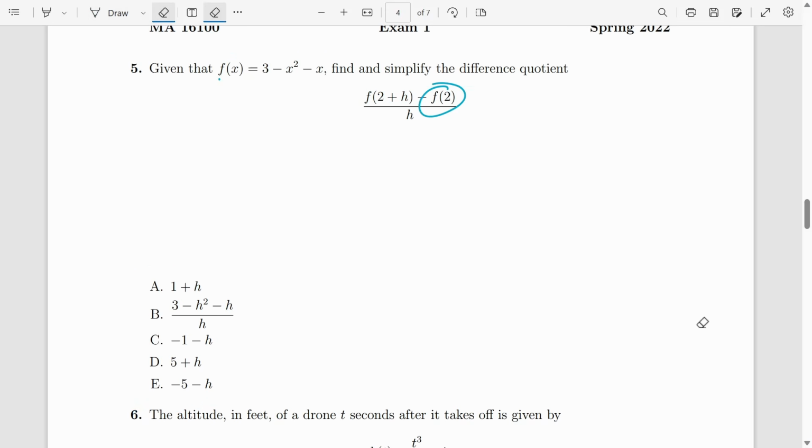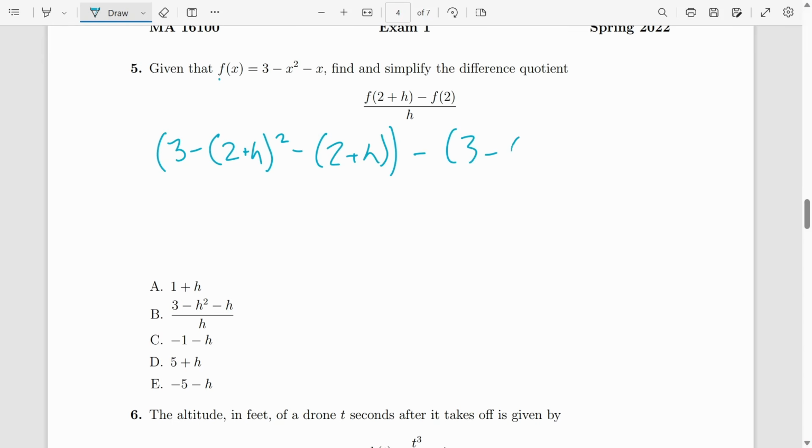So it's kind of weird how it says difference quotient, but it's not so bad. All we do is plug in 2 plus h for x and then 2 for x, put them all up there, and we're golden. So on the top we have f of 2 plus h. So this is 3 minus (2 plus h) squared minus (2 plus h) minus f of 2. So this is now 3 minus 2 squared minus 2